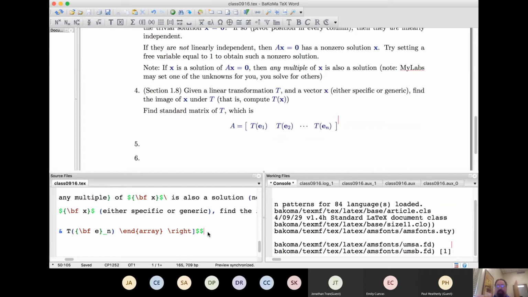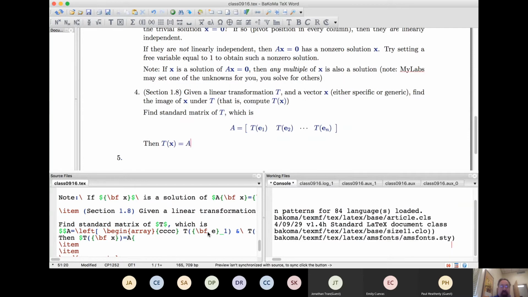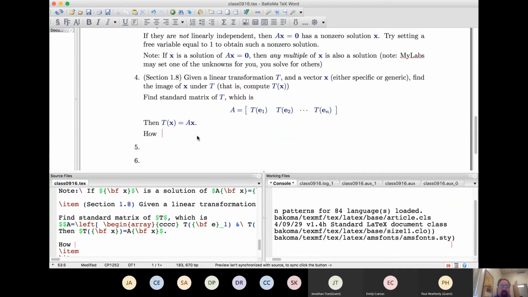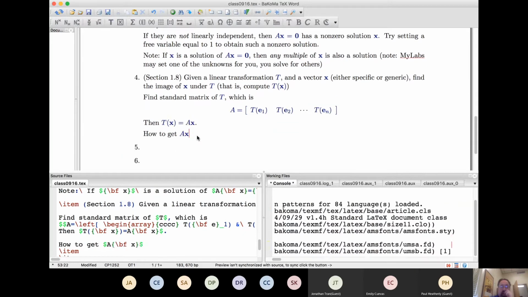Now, once you have that, then the T of X that you're looking for is the same as A times X. So you're computing a matrix vector product. And just to review how you actually carry that out,